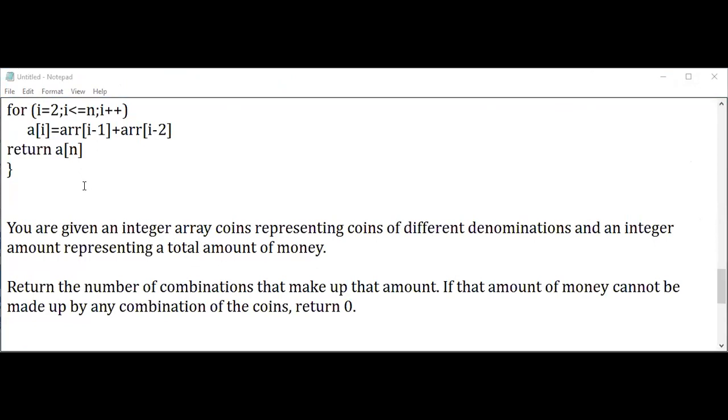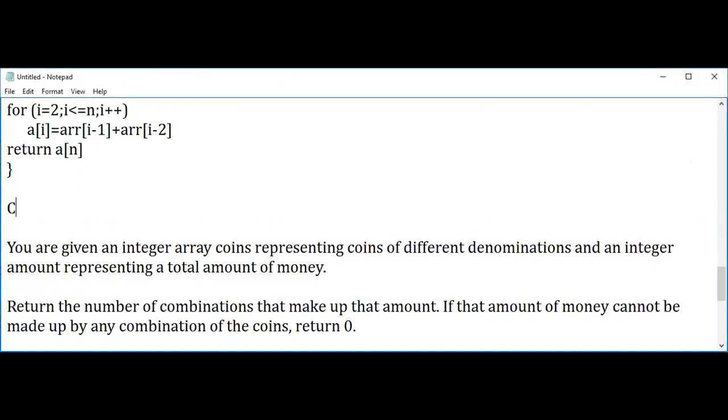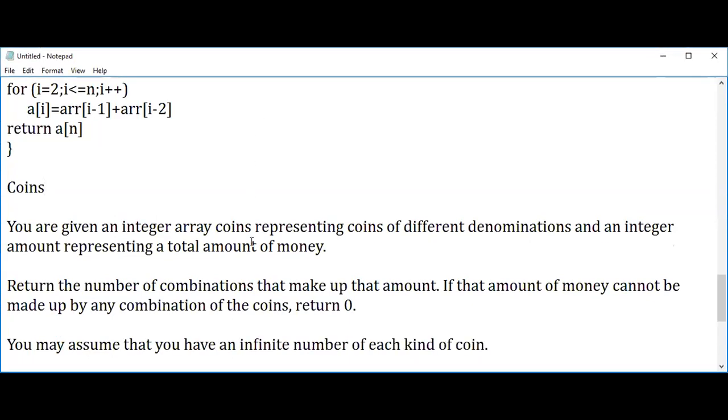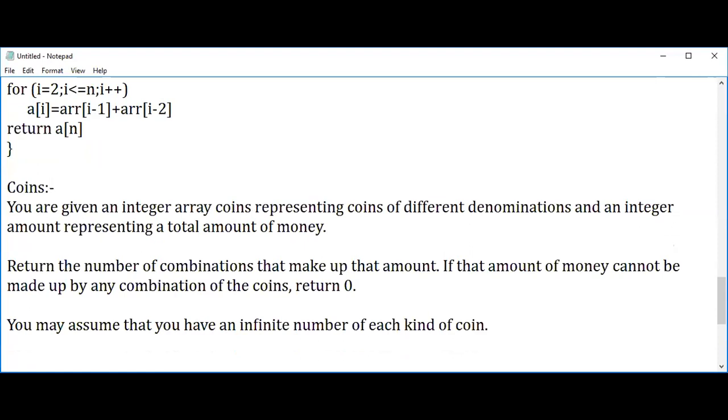So this question is all about the coin problem. I guess you people might have heard about this. Okay, coin problem. This coin problem can be classified into two different approaches, guys. We'll see one by one. There are two different questions that will be asked from it. This is purely a dynamic programming question.